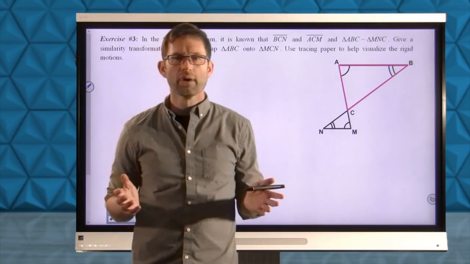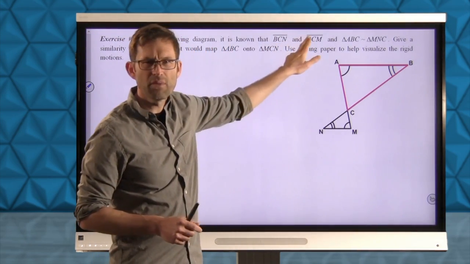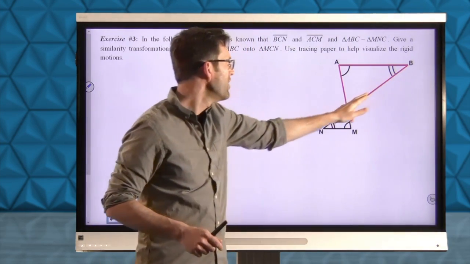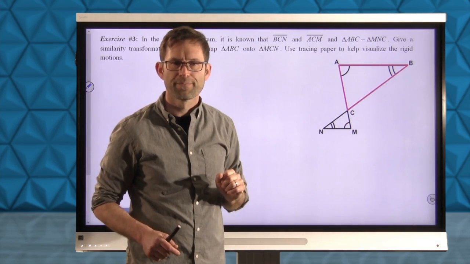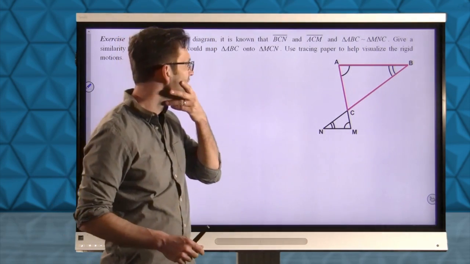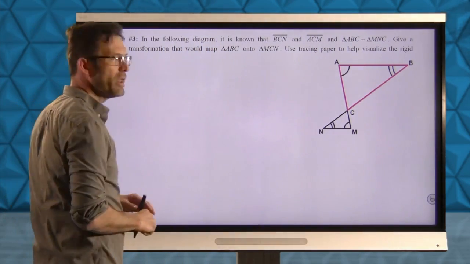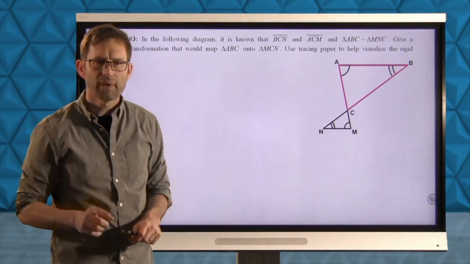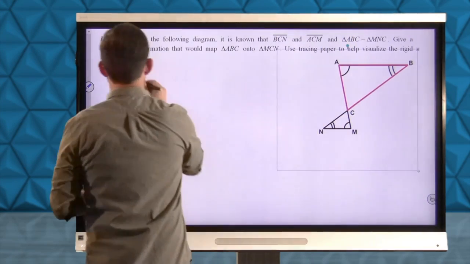Now, this is kind of critical, right? BCN and ACM, these seem like they're kind of toss-ins. All that's really doing is telling you that these three points are collinear and these three points are collinear. So let's try to get these things to match up. Before, we began with a translation. Here, I can go a little bit easier than that actually. I can simply rotate